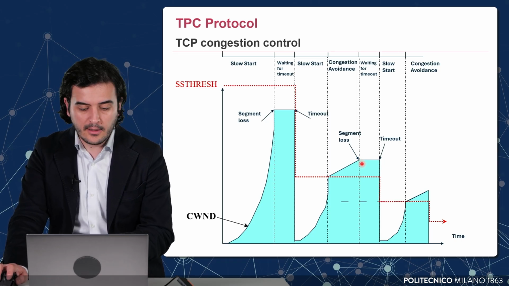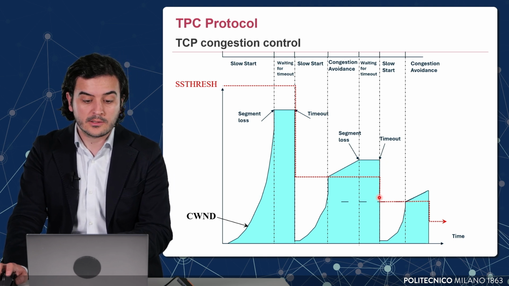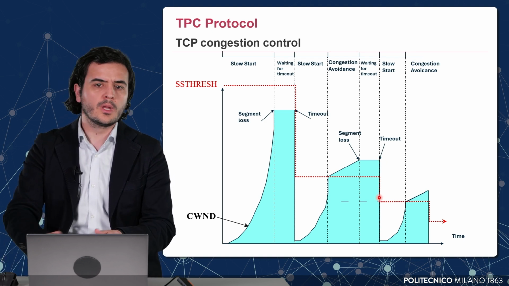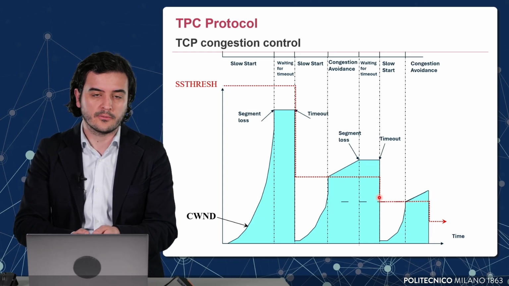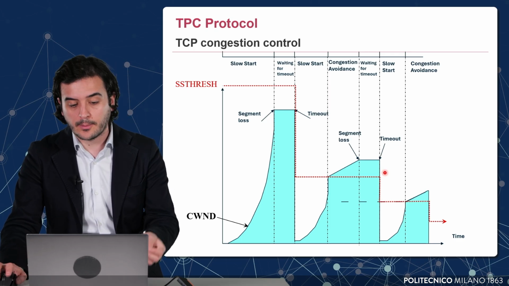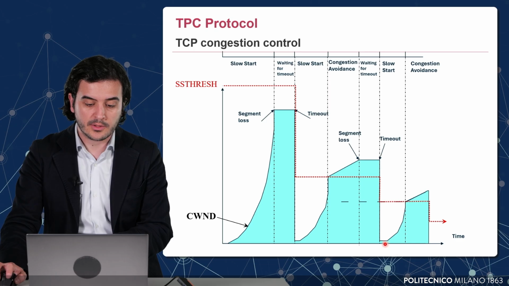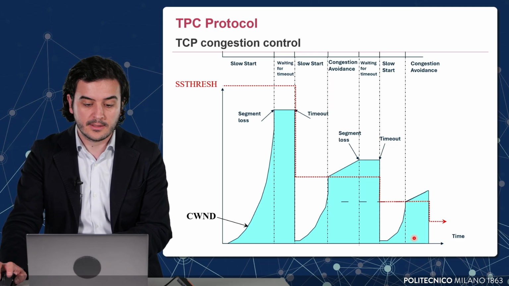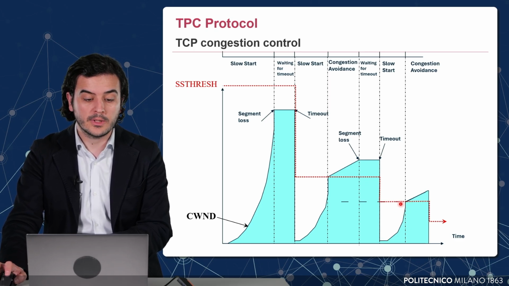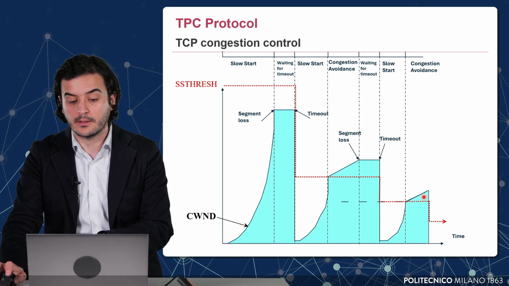During this transmission in the congestion avoidance, if it happens again that we have a loss of a segment, after the timeout for this lost segment has expired, then the value of the SS threshold will be reset again according to 2 times the value of MSS, or half of the value of the bytes in flight. In the next step again, we reset the value of the SS threshold. We start with the congestion window equal to 1, and again we are starting from the slow start phase, in which the congestion window increments exponentially until it reaches the value of the SS threshold. From then on, it increments in a linear fashion.